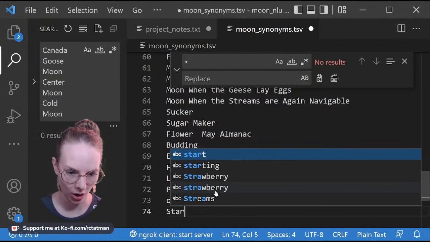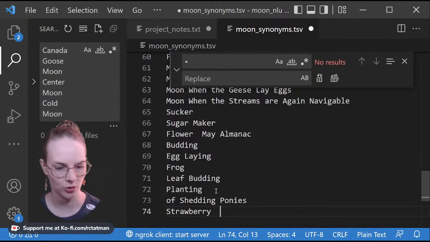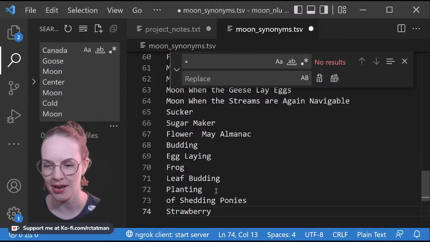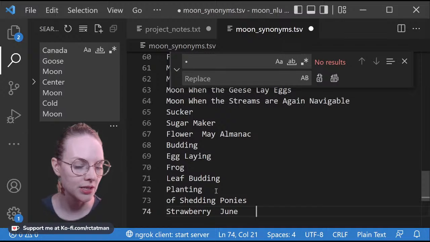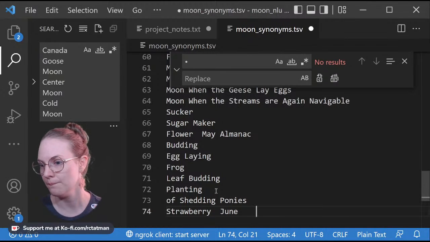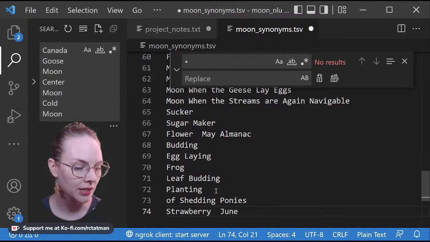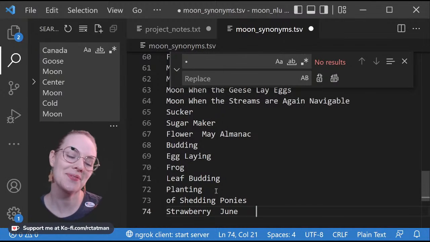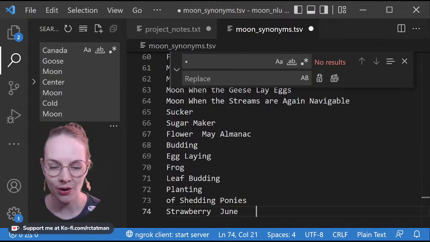And then strawberry. Probably, I'd say strawberry and harvest moon are probably the most well-known moon names, at least for me, or that I hear the most often. And it looks like, sort of looking at the cross-linguistic evidence from the various languages and language families that we looked at earlier, there seems to be a strawberry moon in most of these traditions. When that moon occurs, I believe, varies based on when there are strawberries.